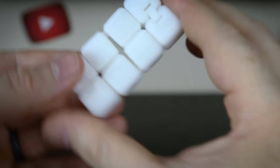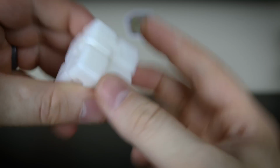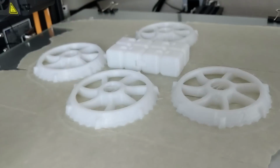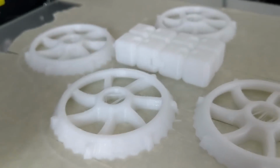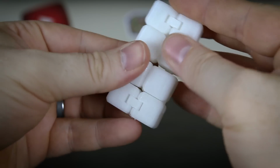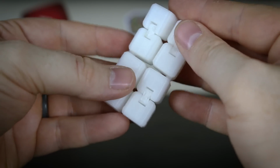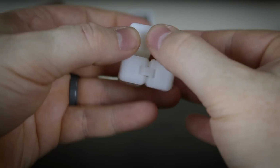And then I wanted to print out some puzzles and toys and things like that. So here's a fidget cube, and this came off the plate with a couple of gears and a couple of knobs that I'm using to help calibrate my printer. And it all printed together, which is really great. The fidget cube turned out pretty good, and it's supposed to come off the plate and you can play with it right off the plate, which I'm doing right now,